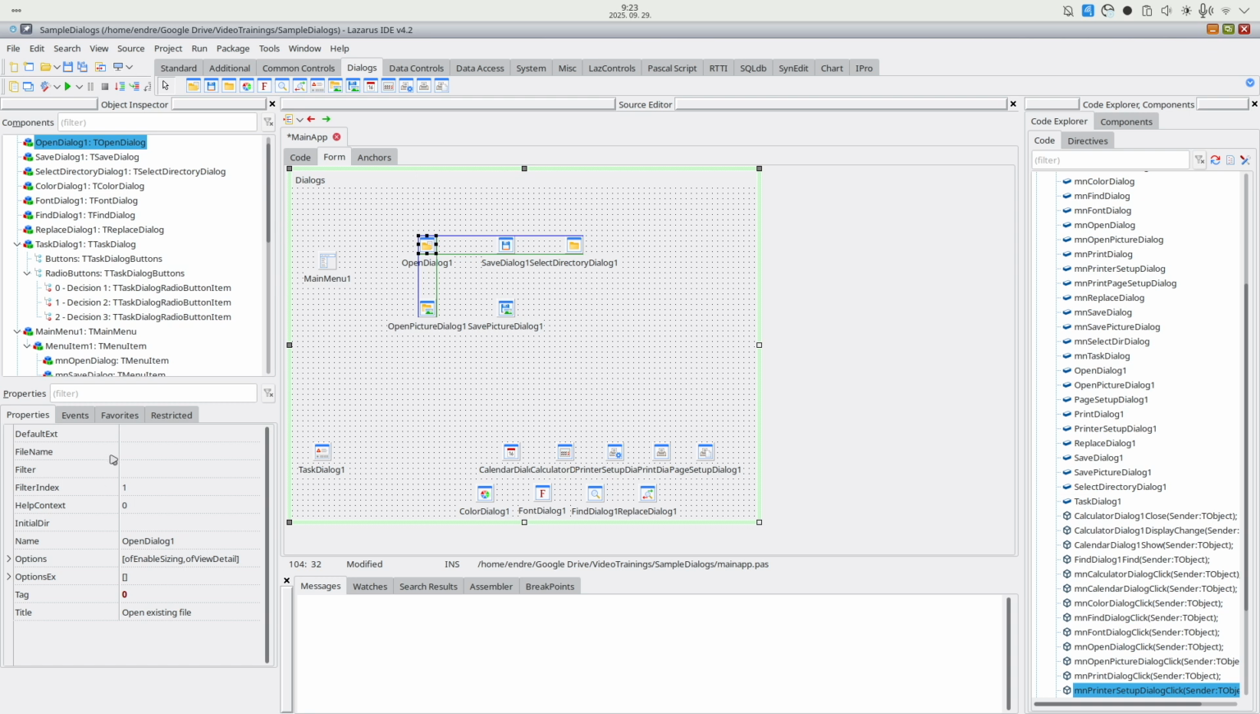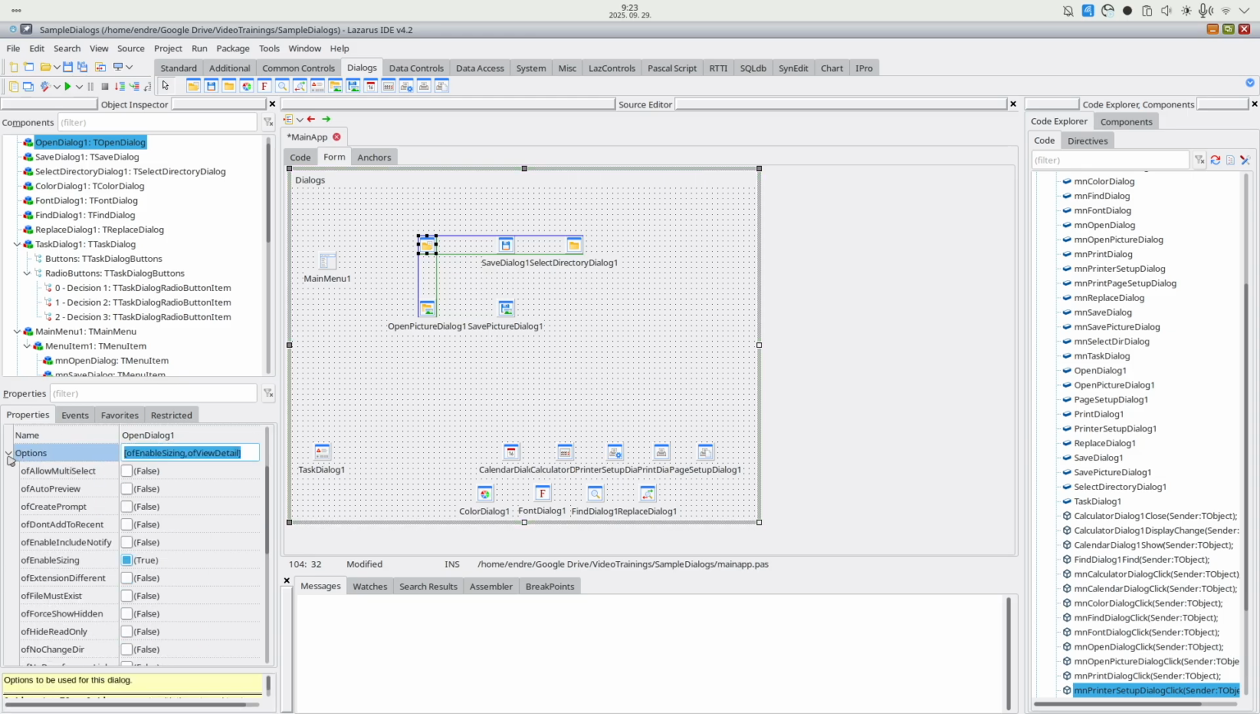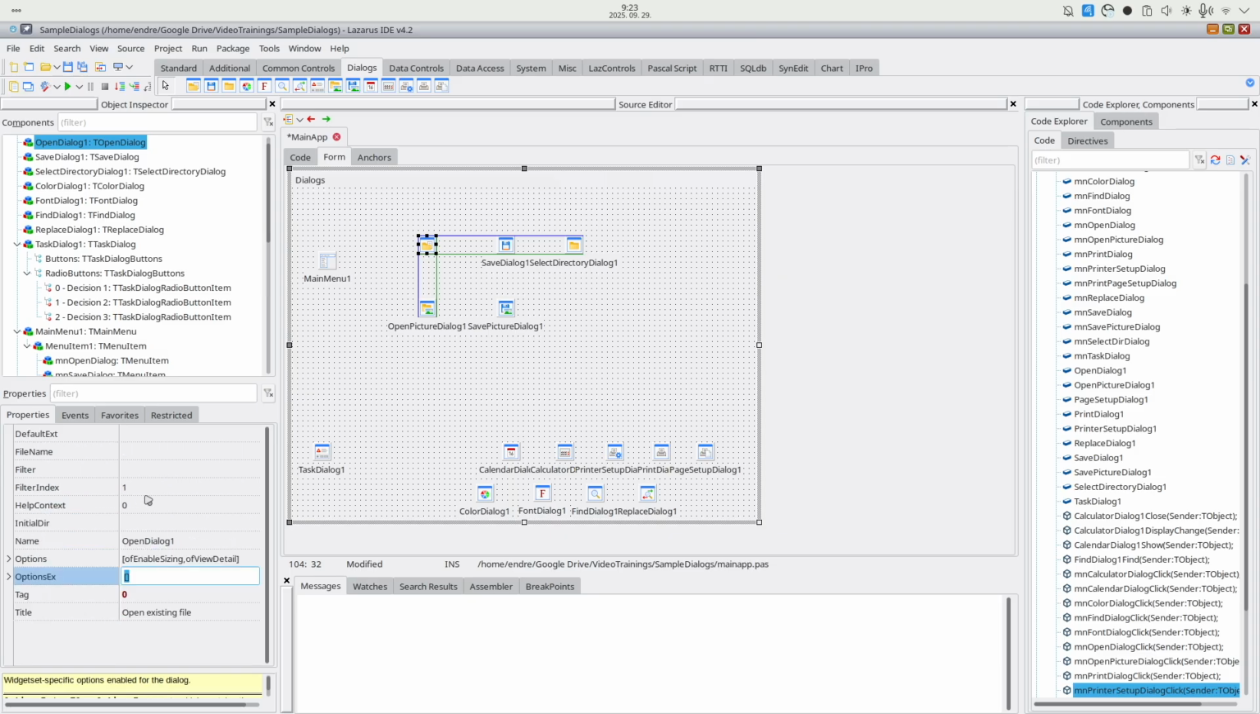As you can see, you have a limited number of properties here. Of course, you have some options that you can select, and then some extra options as well. When you are setting up the dialog, you can define the default extensions. For example, if you are working on documents, then you can say that the default extension is doc. File name you can define, but